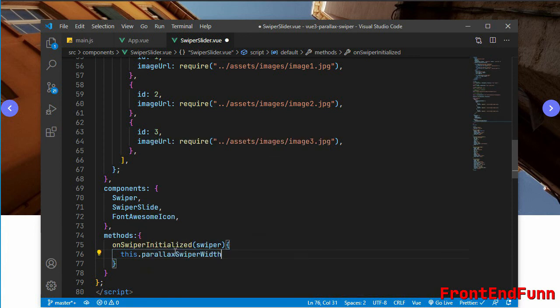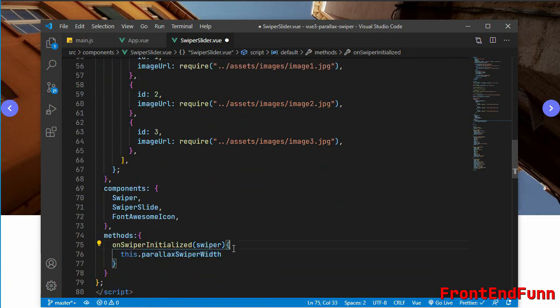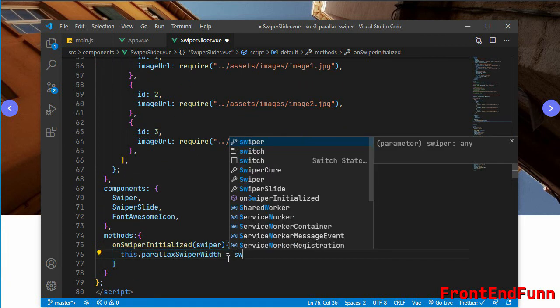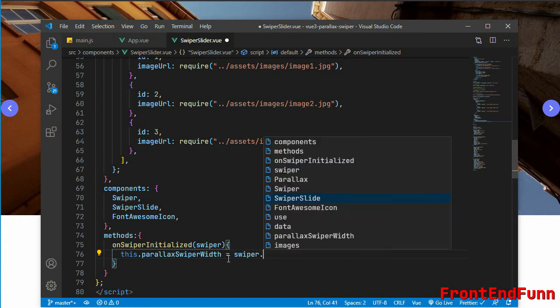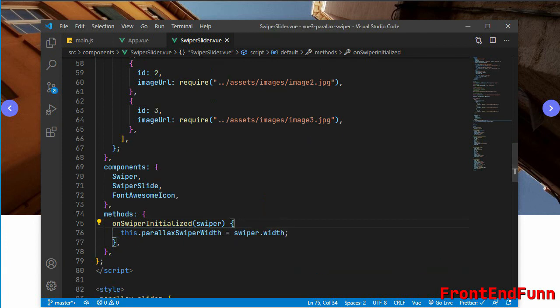So this.parallaxSwiperWidth is equal to swiper.width. Okay, so once we got the width, then we can compute a property, that is the parallax amount.